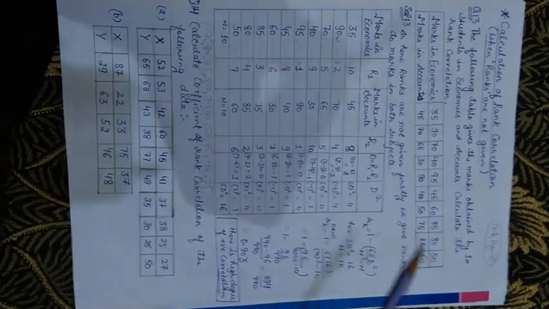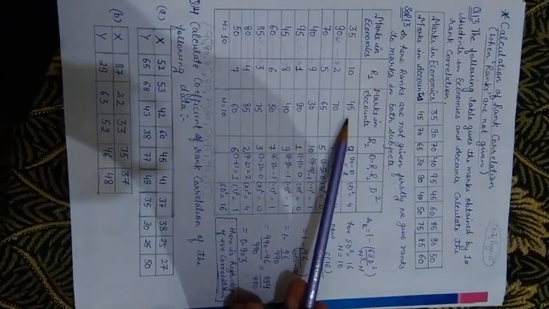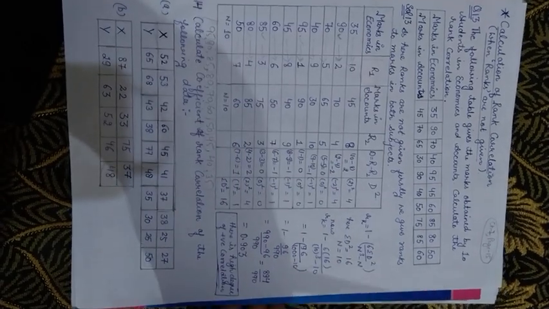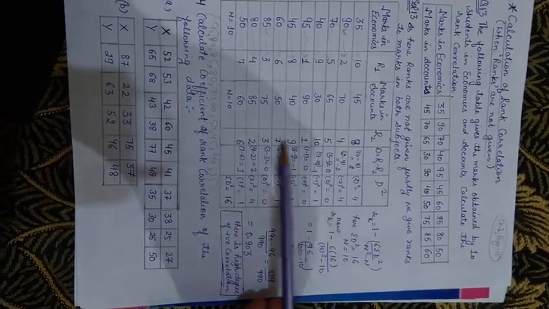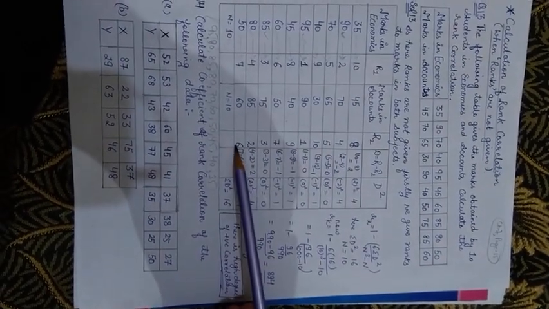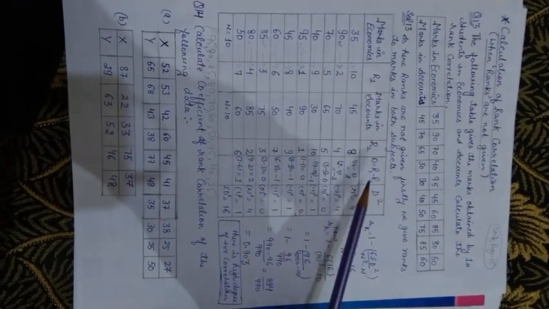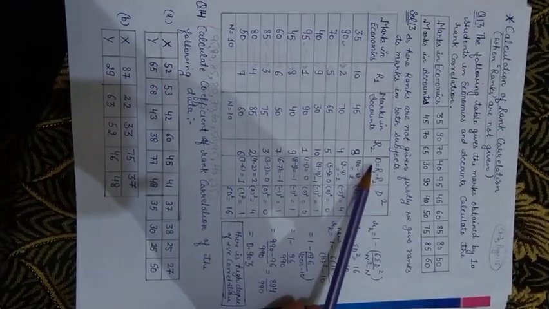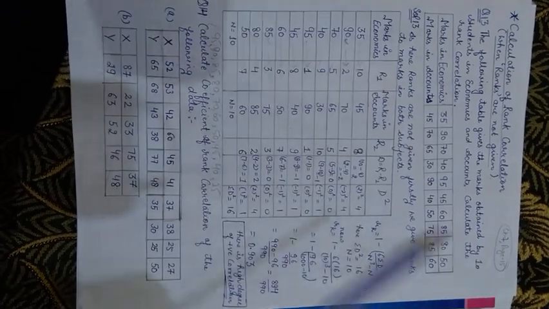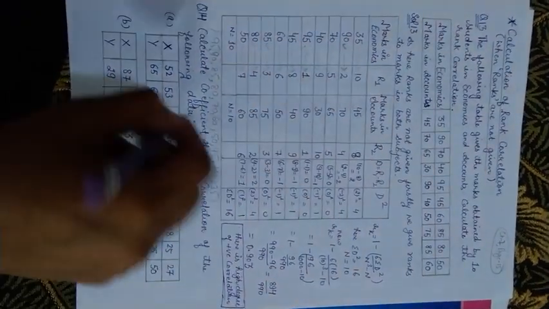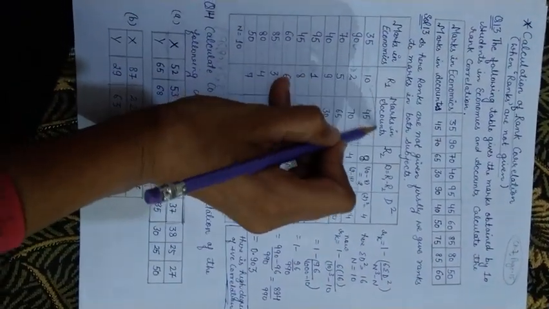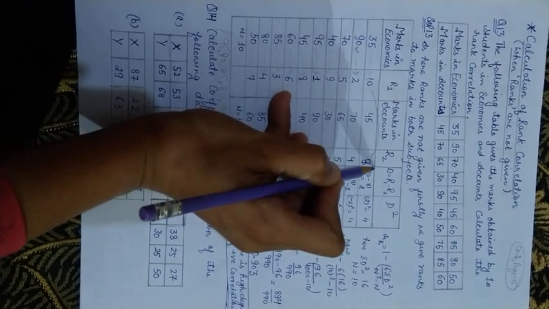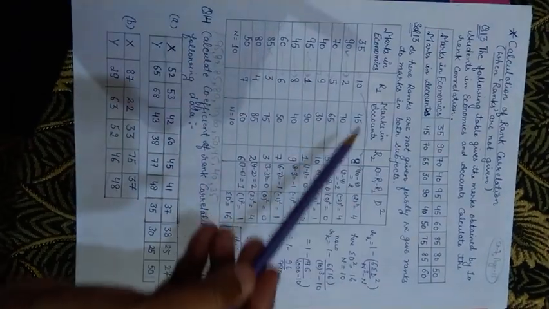Now in the same way you have to give ranks to this column. The process of giving ranks I have already told you. Then you have to find the difference between R1 and R2. So these are your R1, these are your R2. The difference of this and this, difference, not multiplication.